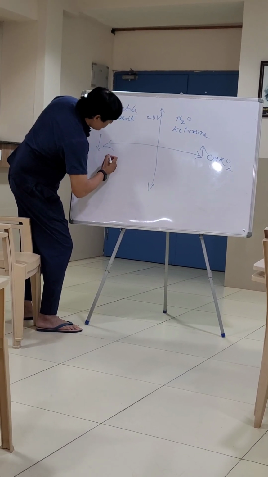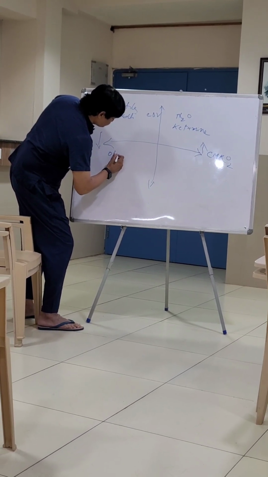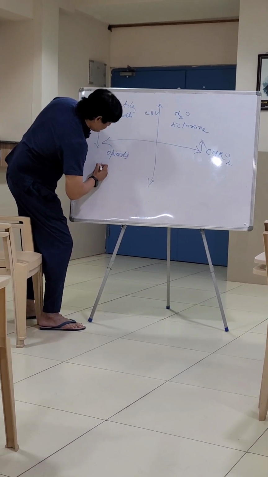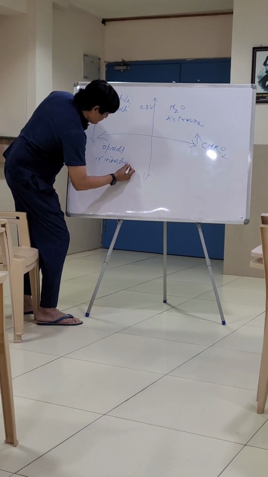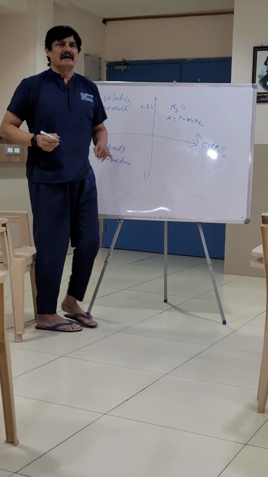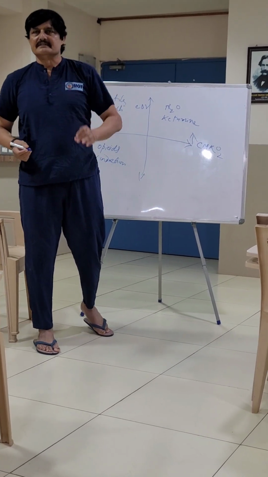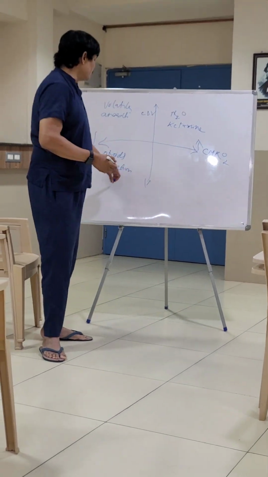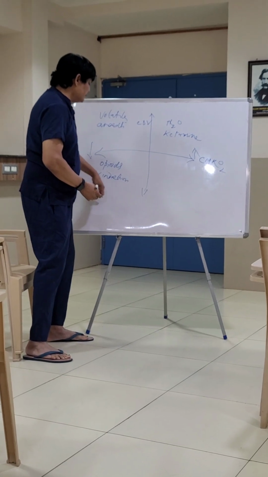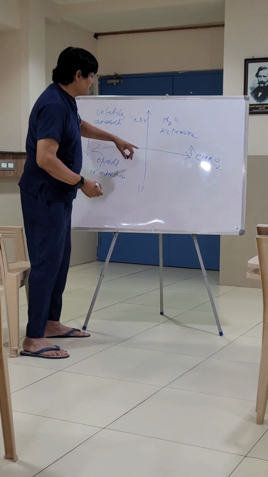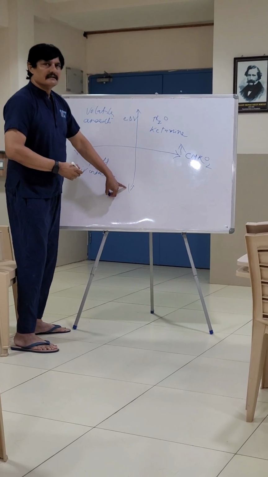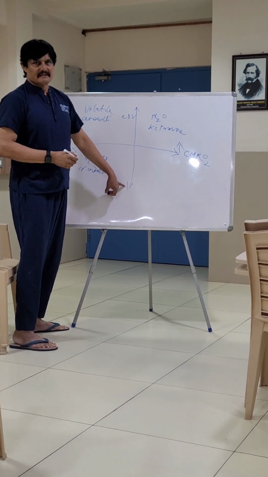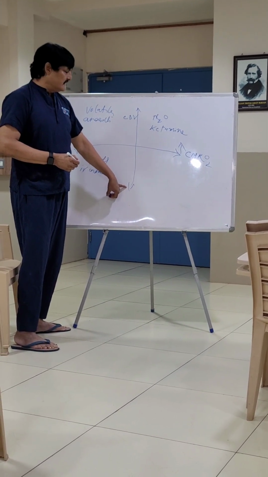And in the other quadrant, all the opioids and IV induction agents come. As you are aware, barbiturates, etomidate, propofol, all these come under this category. That means they will decrease the CMRO2 and decrease the cerebral blood flow as well as